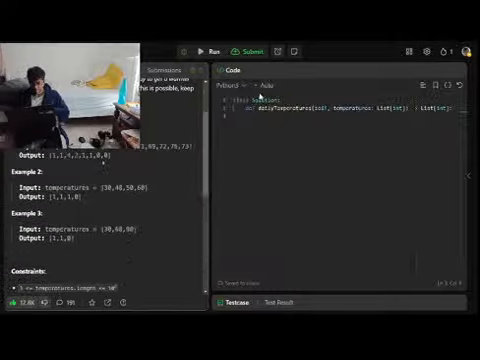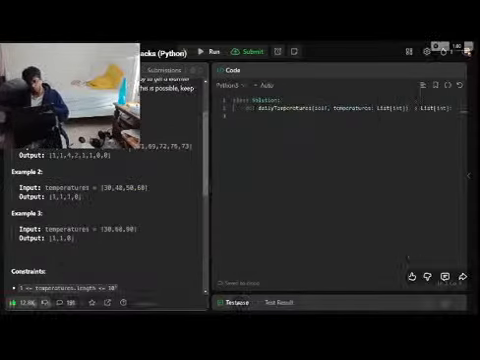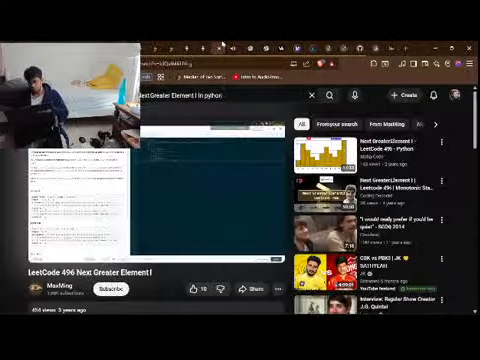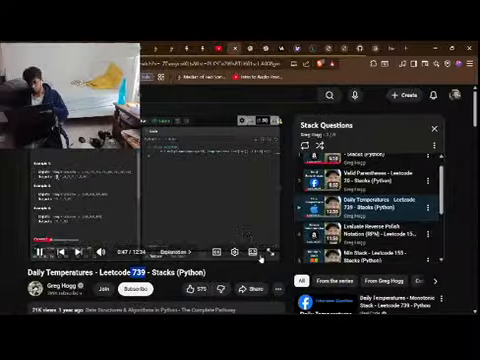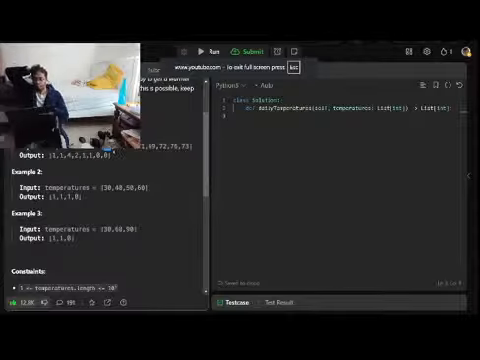Okay, so the first example is really all you need here. We have the temperatures 73, 74, 75. It goes lower to 71, 69, 72, 76, 73. So at this position here, it's implying that we have to wait 1 day until we get a warmer temperature. Well, that's true. At 73 here, we immediately get